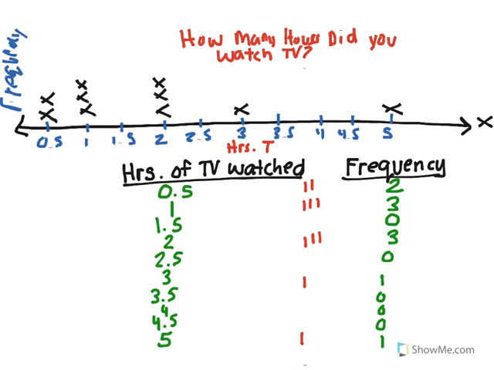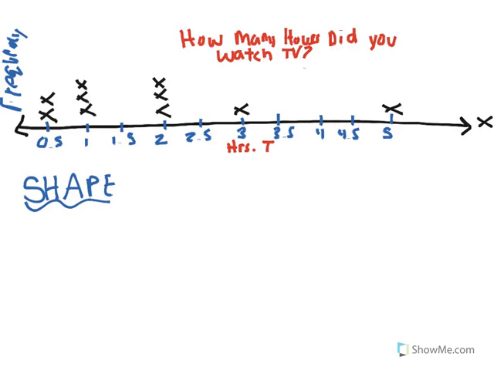And that now allows us to talk about shape. So let's stop and talk about that for a moment. When we talk about shape of data, we're not looking for our traditional shapes like a triangle or a square or anything like that. We're just looking at what does the data look like? What do we notice? And there's a couple different words we can use when we talk about shape. The first one that I like to talk about is cluster. And cluster really just means, are there areas where there are groups of data,